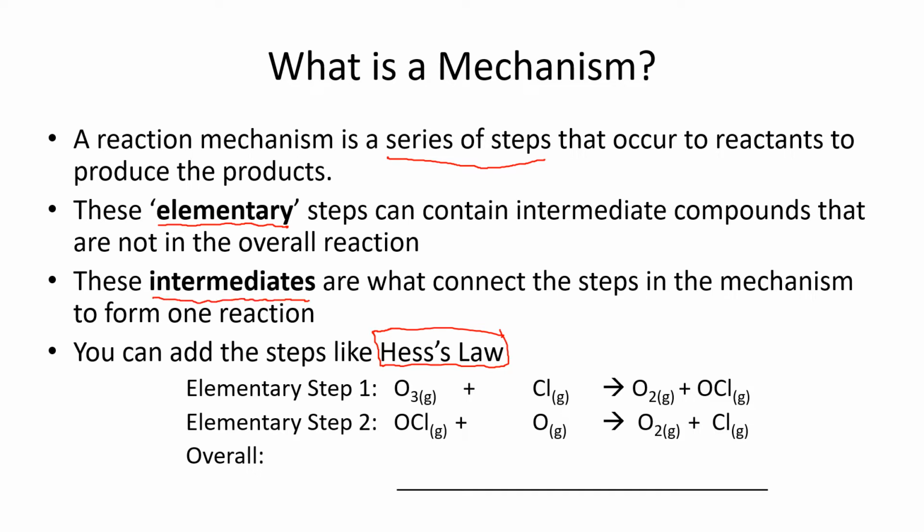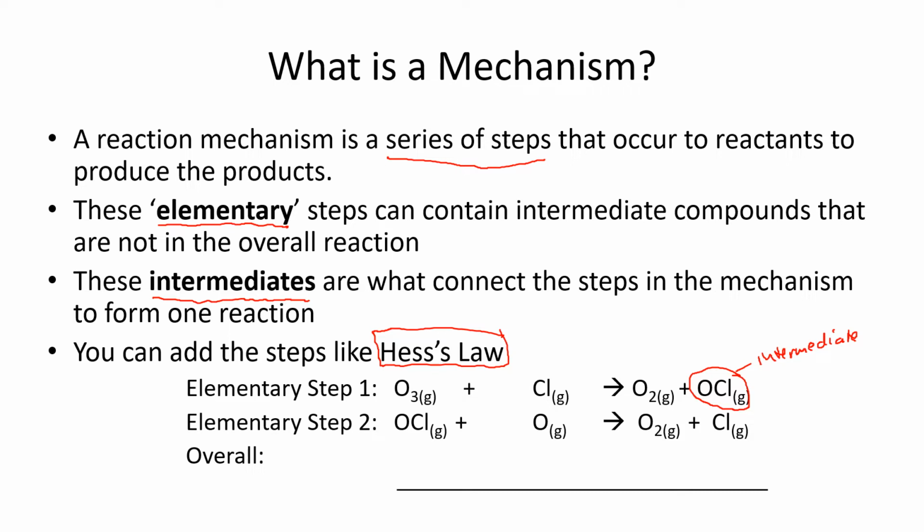Either an intermediate will be made or an intermediate will be used. Intermediates are particles or molecules that are there temporarily while the reaction is going, but when the reaction is done, they're not present. So with the ozone example, that OCl molecule is an intermediate because it was made